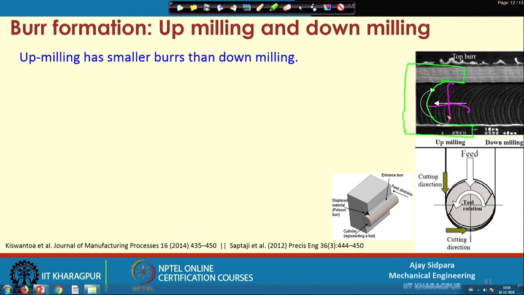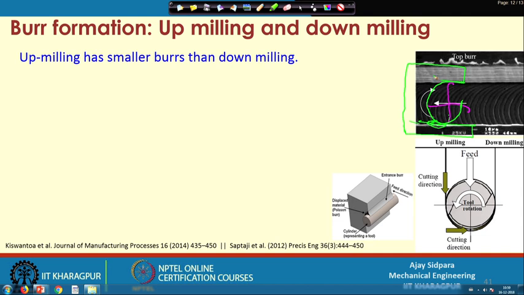When one cutting edge is removing the material, it is generating some burrs. So, wherever this burr formation is available here, when the next cutting edge comes into contact with this part, at that time it will remove that burr formation, or whatever burrs are formed here, very easily in this case, because your cutting edge, or cutting fluid, whatever we are telling here, will be actually entering into the surface.